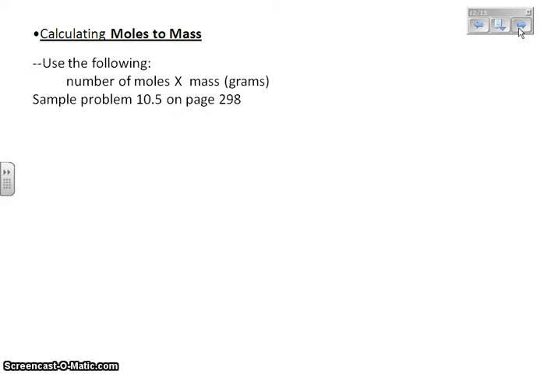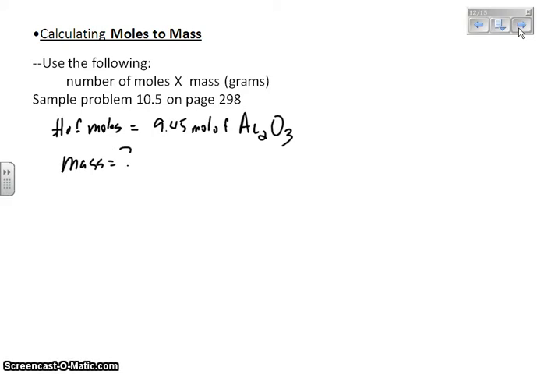So, as always, we list what we know. Number of moles is equal to 9.45 moles of Al2O3. What we don't know is mass. What we have to do first is to calculate the molar mass of 1 mole of Al2O3. And how we do that is just like what we did at the tail end of the last note guide. So step 1,